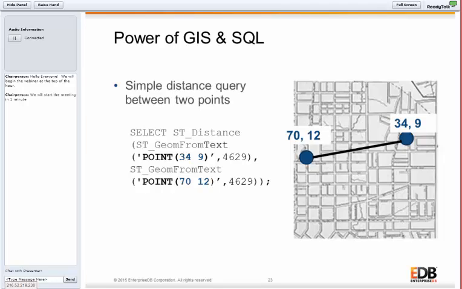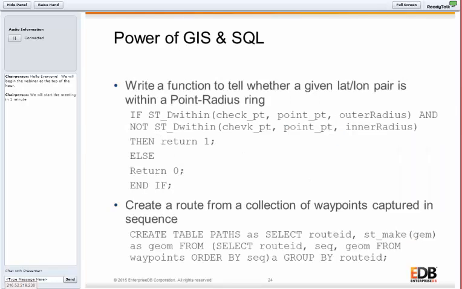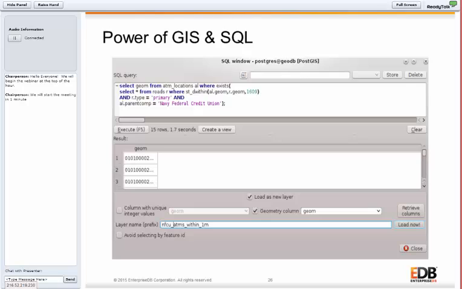So all we're doing here, we're not even using data that's stored in the database. We're just doing a simple distance query between 2 points. Select ST_Distance, geometry from text that I'm providing. So you could create a web map service, have a function that takes this as an input, and give you the distance between 2 points. You could draw this dynamically using a desktop application like QGIS. I went back in the slides there, my apologies.